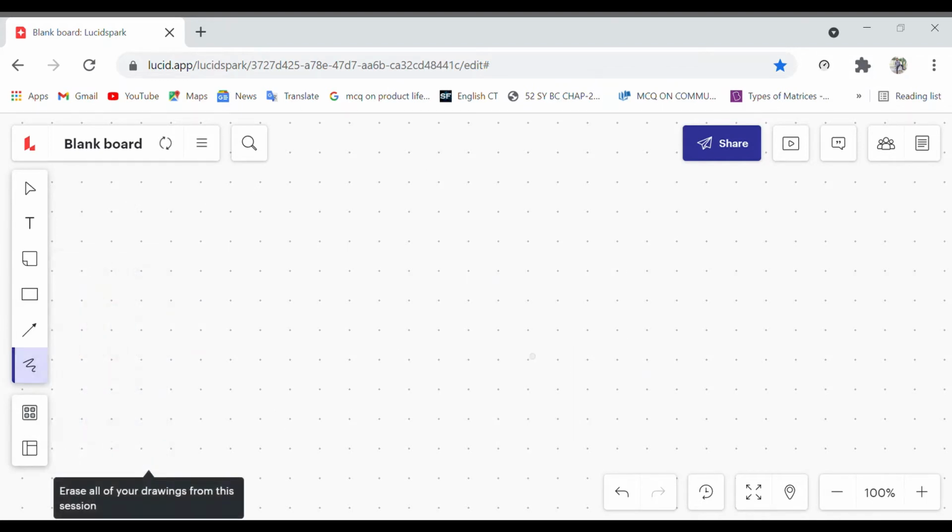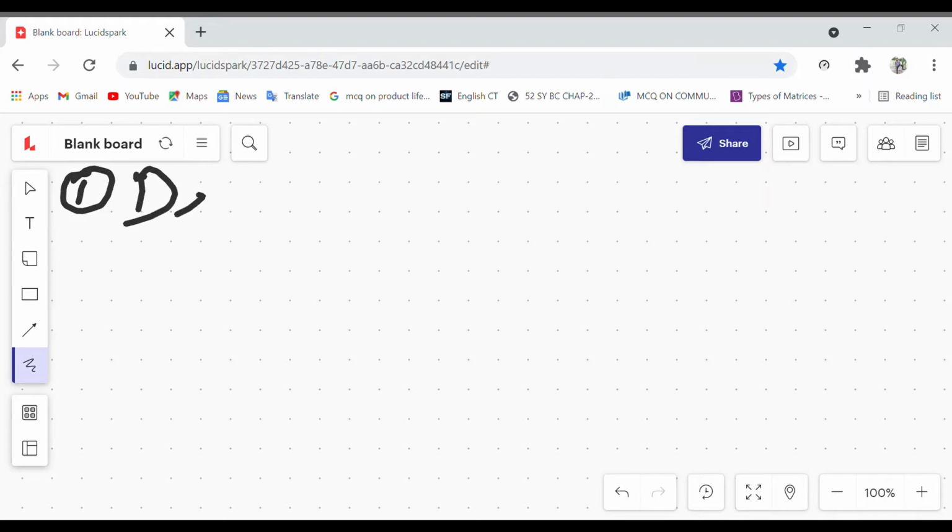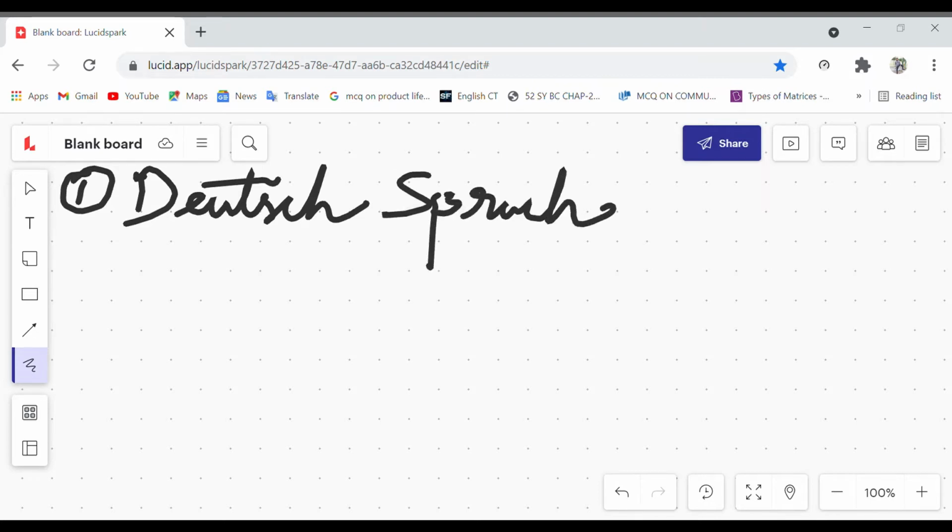So let's summarize all these, then we will move to the complex part. This is Deutsch Sprache. Done.